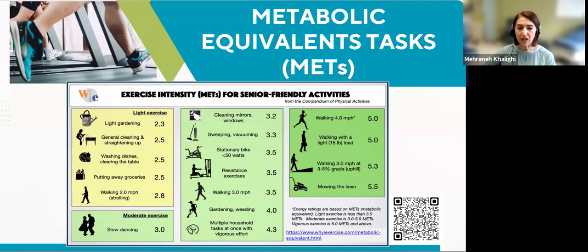Energy expenditure for light exercise, such as light gardening and light household chores, is less than 3 METs, whereas moderate activities like weeding, walking at 3 to 4 miles per hour, carrying a light load while walking, or walking up an incline exceeds 4 METs. Traditionally, the ability to climb a flight of stairs or walk uphill without cardiopulmonary limitations has been used to determine